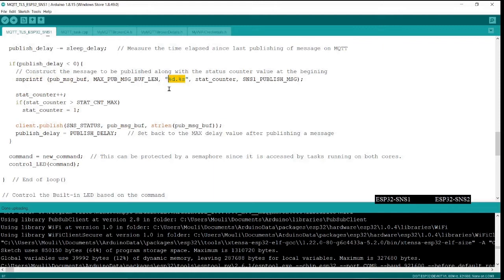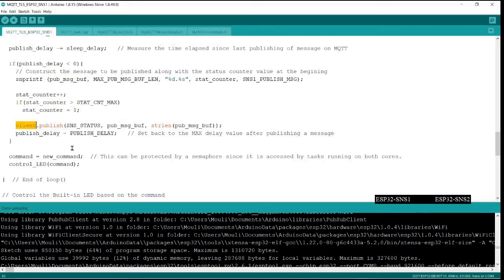I am constructing a string of that status by feeding in two values and creating a string, and then I am passing that whole thing into a TCP connection, so that client publish will send it across to the broker. So it is sending the topic. This is the topic SNS status topic, and on this message buff, whatever is the content which I have created here, and the length of that. So this is an API which is used for sending it to the MQTT broker.